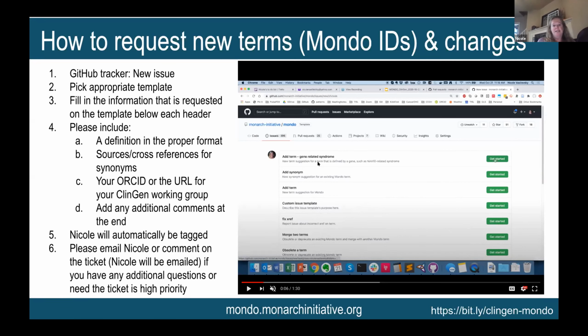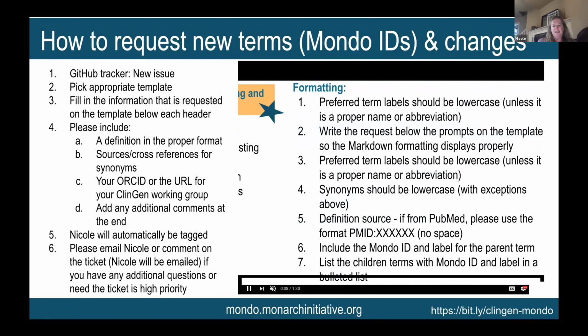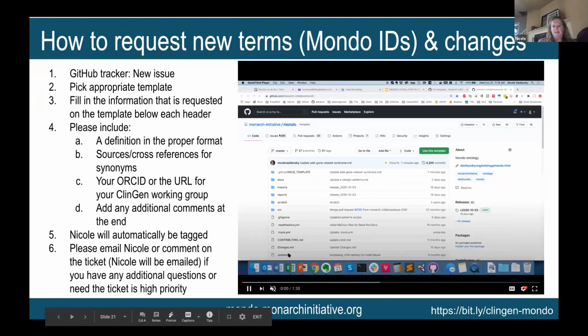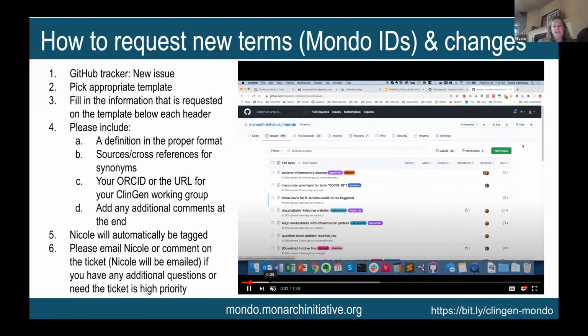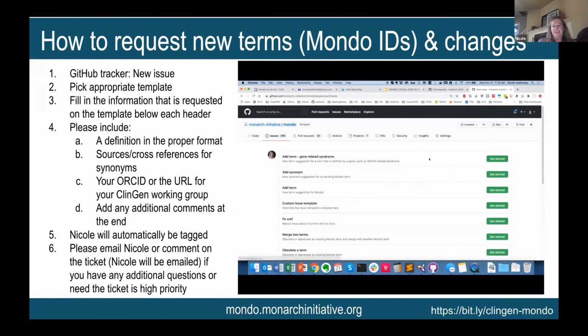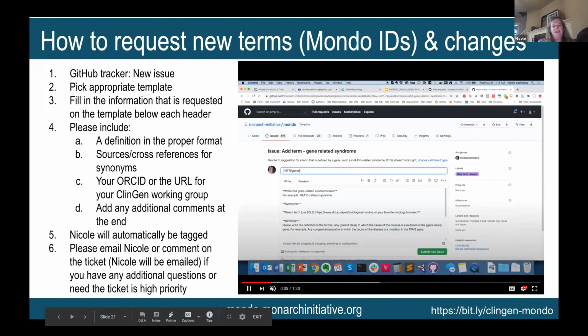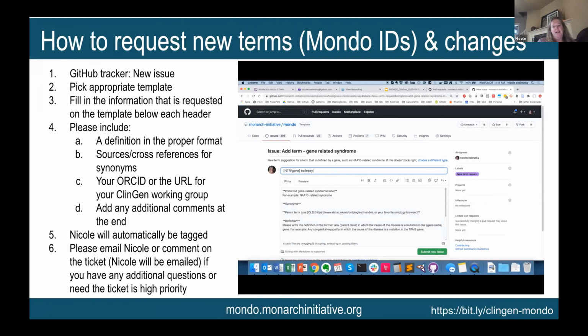So in this example, we're going to add a new term or request a new gene-related syndrome term. So we'll choose this template, Get started. When I recorded this, I didn't know how to get rid of the sound. So if you listen to this with the sound on, you can just hear my typing in the background. But so we're going to request a new term. So then I'm just going to go through examples of adding new